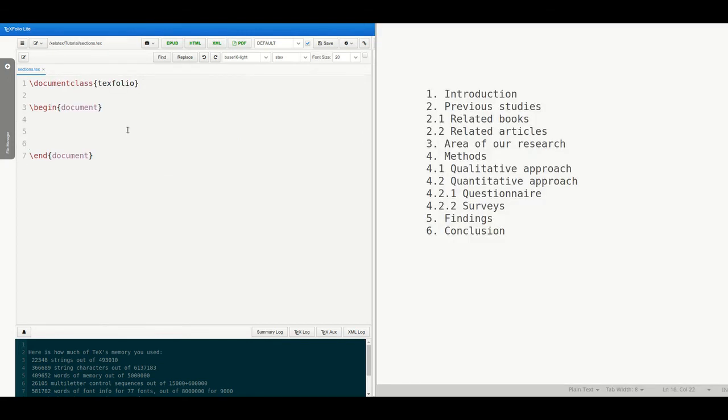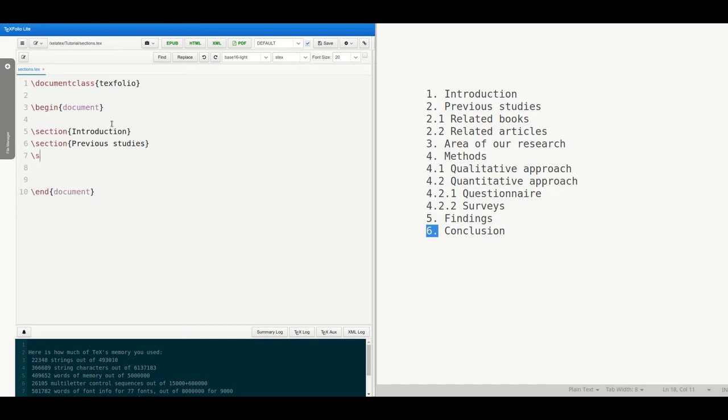Let us code some sections as an example here. Here you can see the first section, second section, 2.1, 2.2, 3, 4, 4.1, 4.2, 4.2.1, 4.2.2, 5 and 6. Now we can code these sections here. Here the first section is coded and second section, previous studies, is now coded.